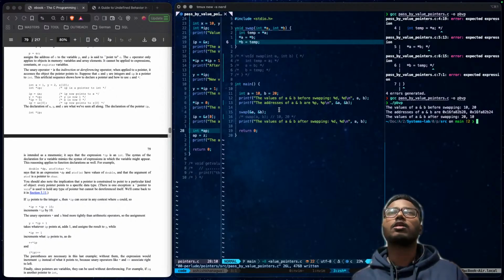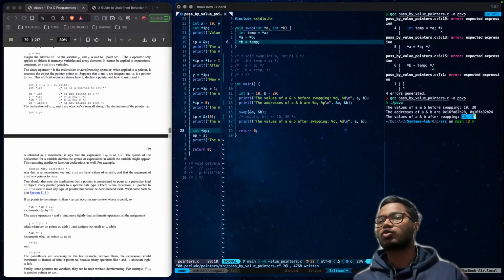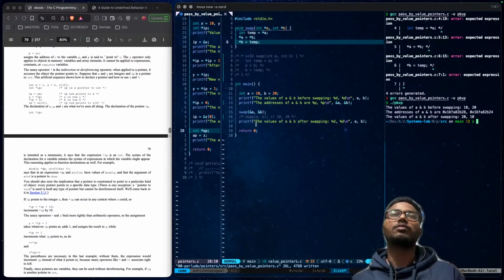Now see, the values have swapped. Now we have 20 at the place of 10 and 10 at the place of 20. This is the whole scenario.